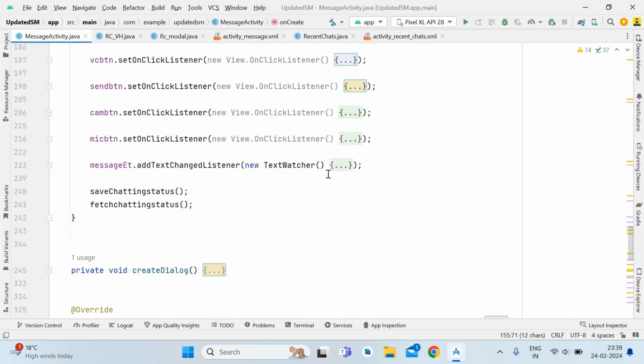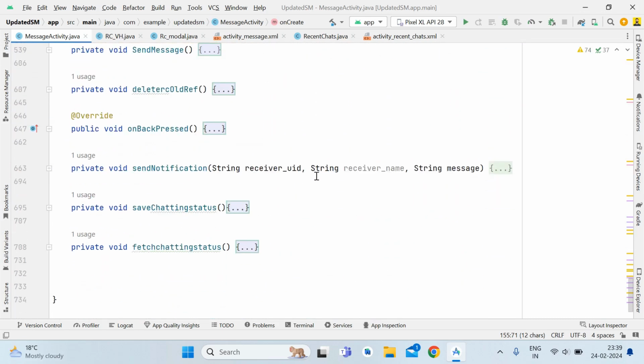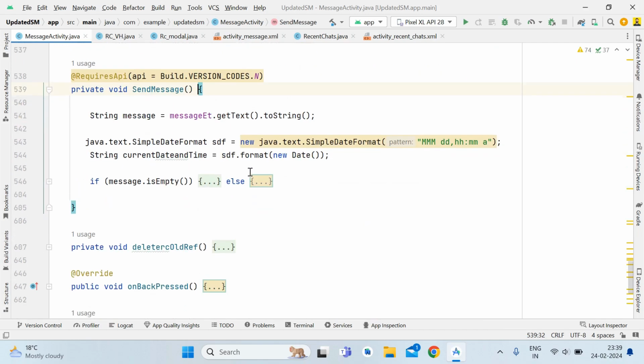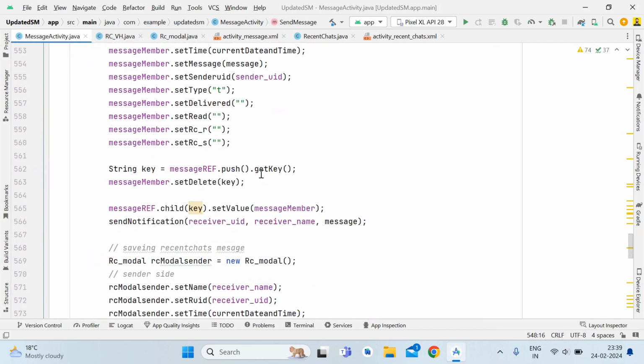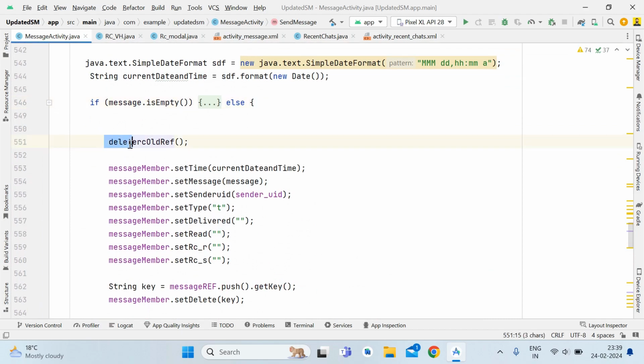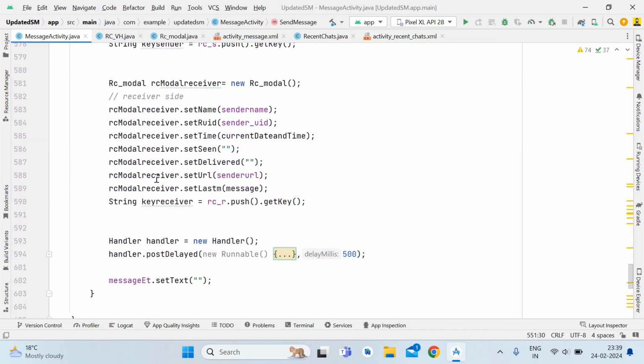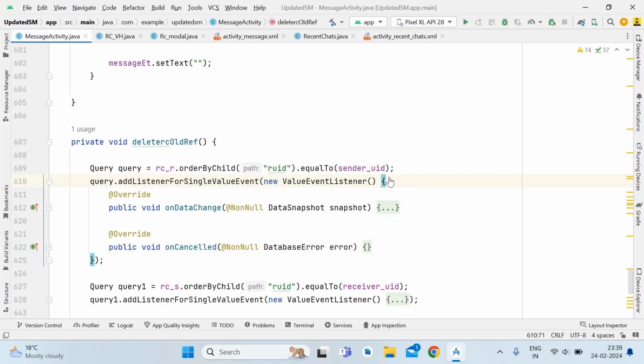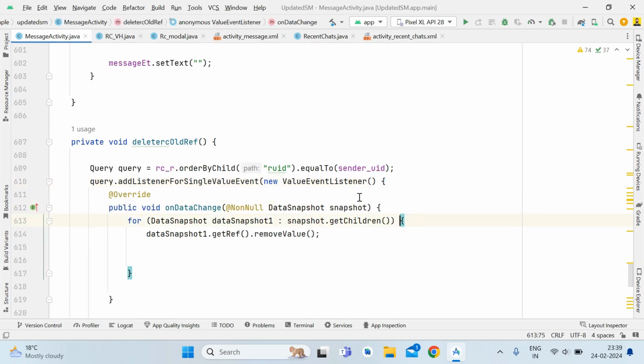Now after that, what you have to do is simply come inside this send message method where we are storing the data, okay. So guys, very first of all you have to create a method which is delete old reference. Inside this delete old reference method, we will run two queries for deleting data from Firebase real-time database, okay. The first query will be